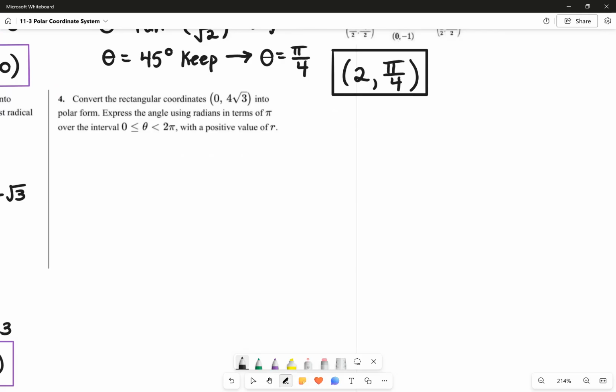Notice that in this particular problem, do you see how it has a 0 in the x-coordinate? I want you to recognize how much faster these problems are if your x or your y ends up being 0, how fast it is to find your r comma theta. So ignore the fact that I asked you to pause the video, just follow along with me here. Let's say this is your x and y coordinate plane, and this is your x and this is your y. If I asked you to give me the coordinates of this point right here on the xy coordinate plane,